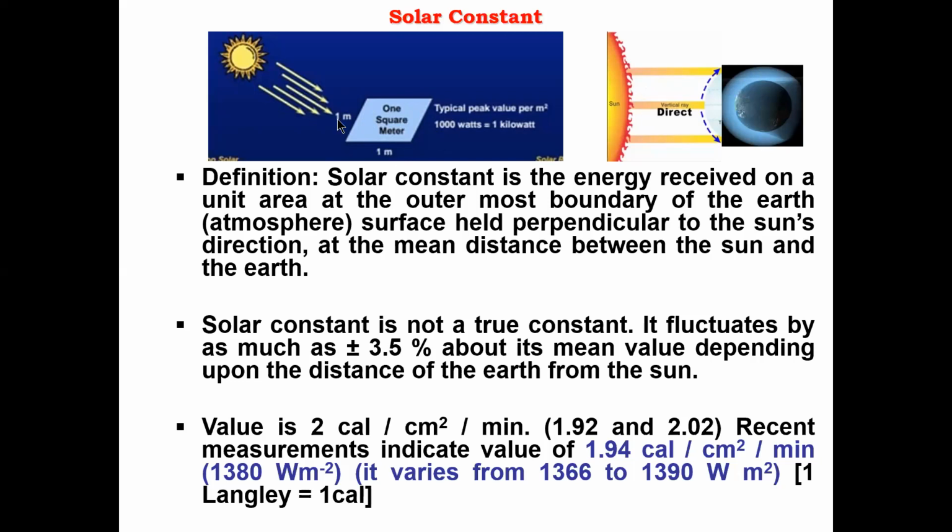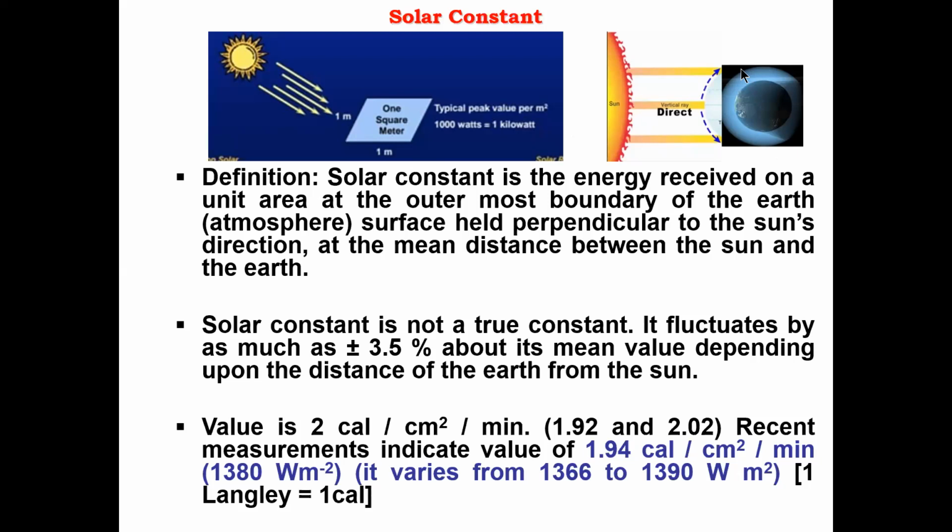How much radiation is received in a unit area, in unit time, is called the irradiance or the insolation. And at the outer layer, the upper layer of the Earth's atmosphere,